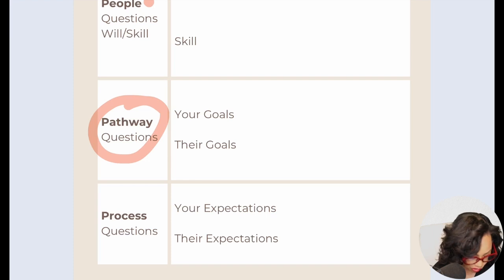So you're going to ask questions that check how in alignment they are with your goals, the goals that you have for your school, right? So you might say, in the next year, we're trying to increase the number of our seventh graders who are reading at grade level. Right now, we're at 64%. And in order to get to 100% of all of our kids reading at or above grade level, seventh graders are really stuck. So that's something that as an AP in this school, you will be working on in great detail. Can you give me a sense of how you might go about solving that problem?